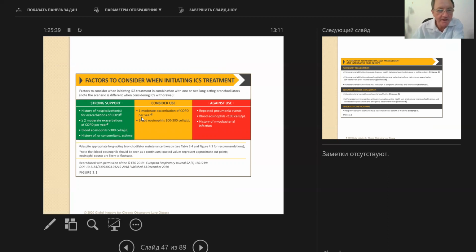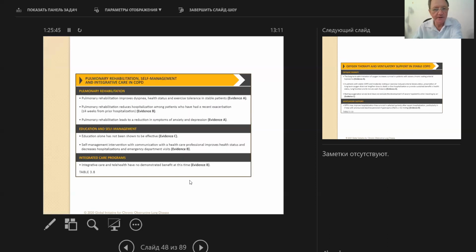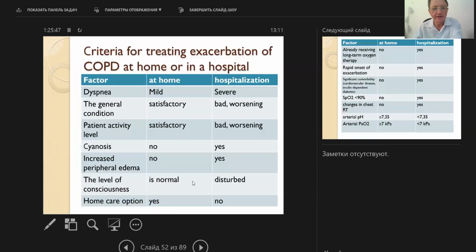So I would like to stress once more, you should start with criteria for treating exacerbation of COPD at home or in hospital. How can we evaluate? Firstly, a patient with severe dyspnea, worsening general condition, reduced patient activity, presence of cyanosis, peripheral edema, disturbances of consciousness, no care option at home,